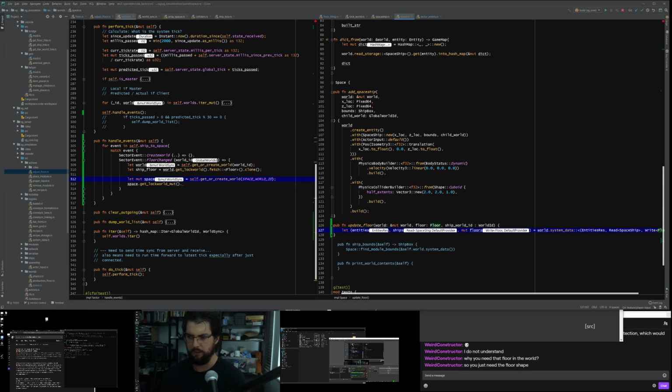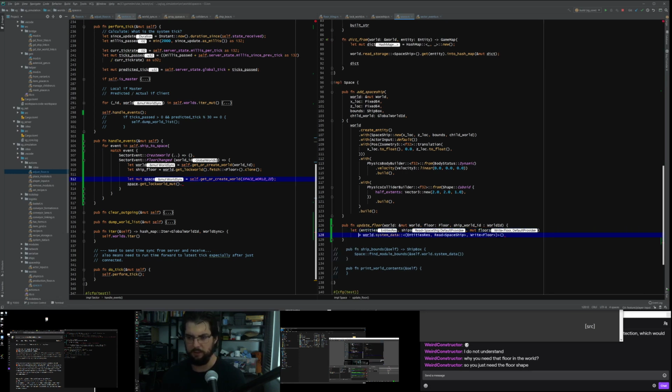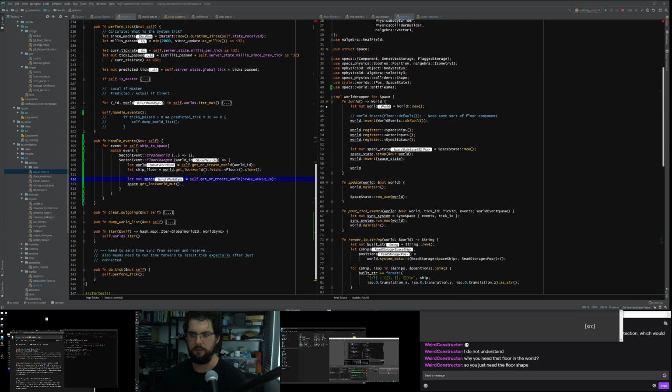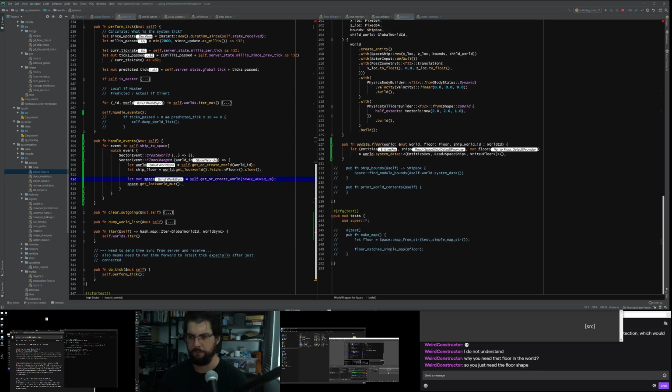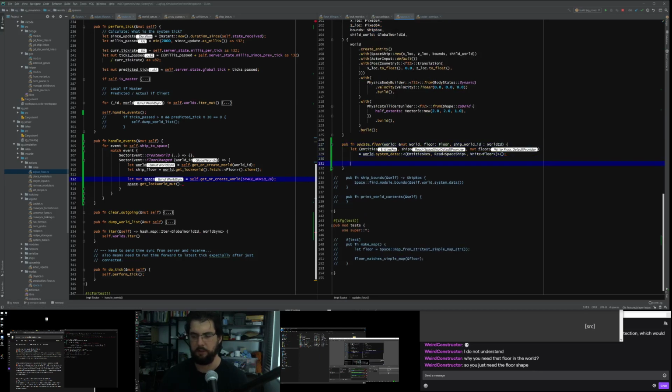And one thing we're going to have to do sooner or later is modify our definition of how we make a star world so that we're allowed to have floor components. So we add it to the list here. So now I can register a floor component inside space. Otherwise that line would blow up in our face.